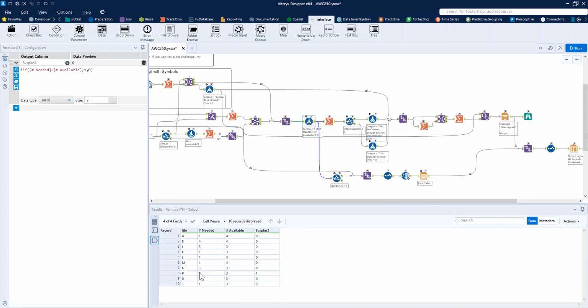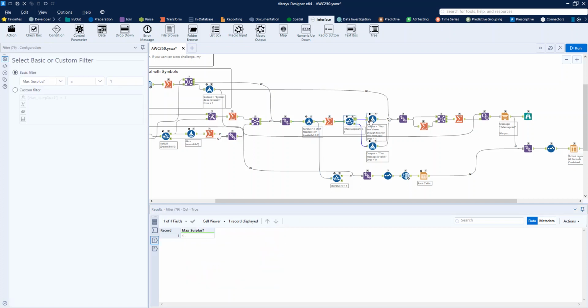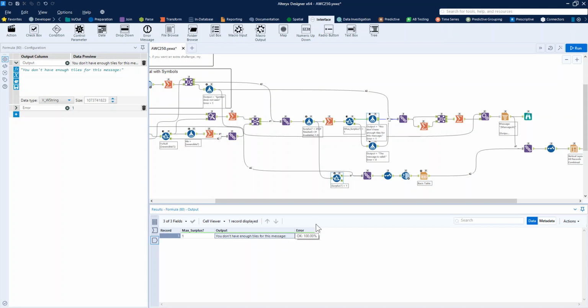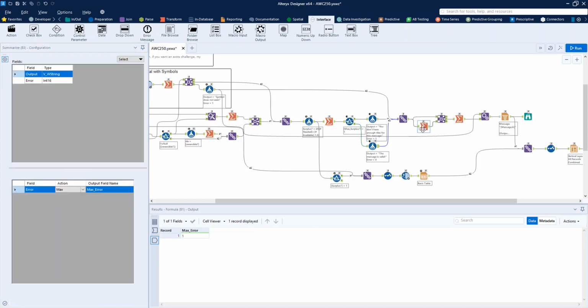Here we're checking our surpluses. We got a surplus of our P, so we do the max surplus and see. If there are too many of a certain letter, then we get our output and we're just going to assign that with an error of 1. Otherwise, we would assign it with the message is valid and have an error of 0, so that we can just do a sort of maximum effect so that anytime it's an error,